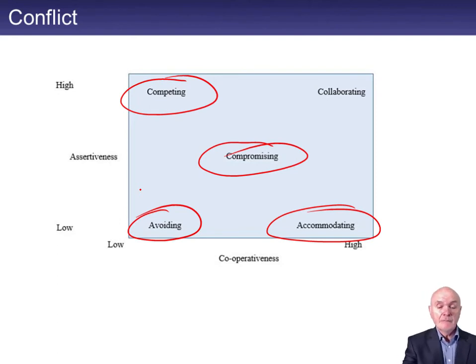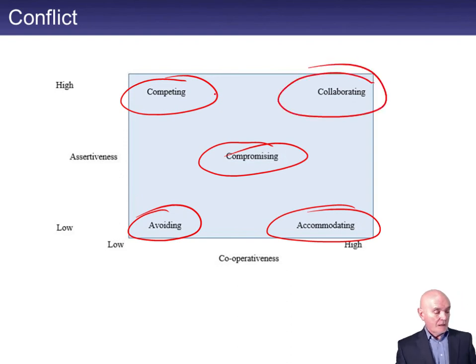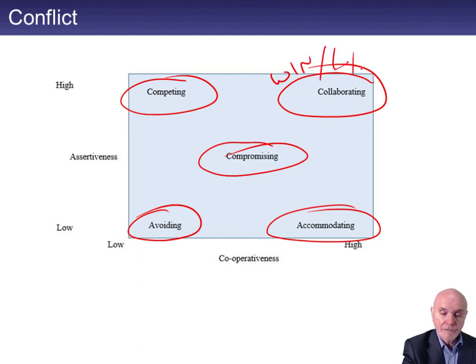And then finally, in the best of all here maybe, is collaborating. You know what you want, but you are very, very cooperative with the other person. And I suppose what we're trying to get here is a win-win as far as we can. We get what we want, they get what they want, by and large. They've done it by cooperating together very well, not too much compromising in there. Everyone ends up feeling that they have won,